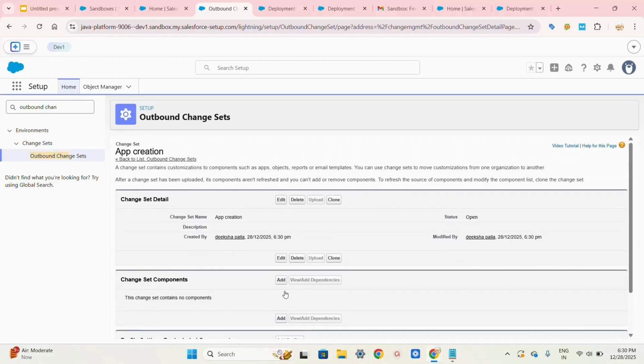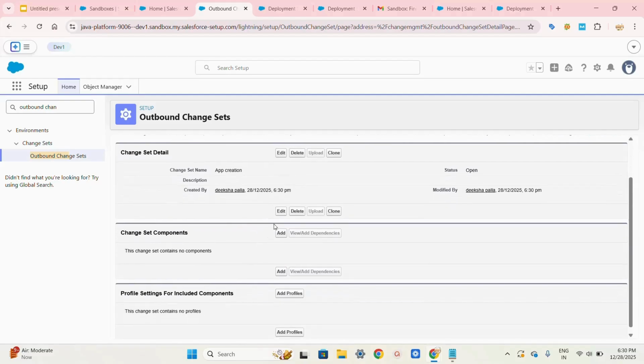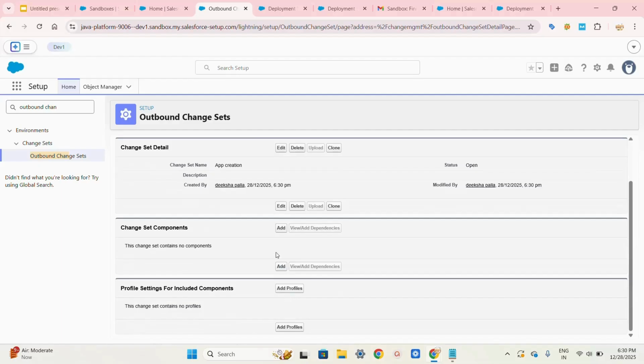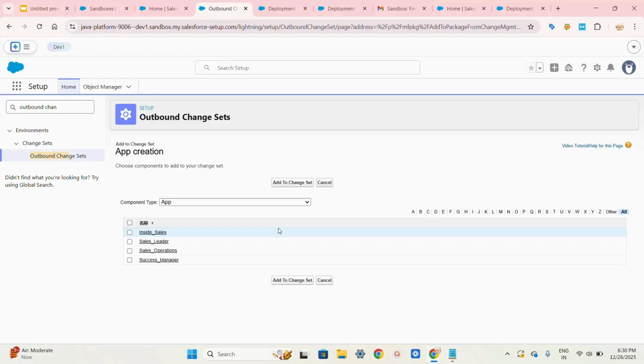See, once you give the name, it will redirect to this page and it will ask what all the changes you need to do. Okay, I am clicking on this edit. Here you can change the components as well,